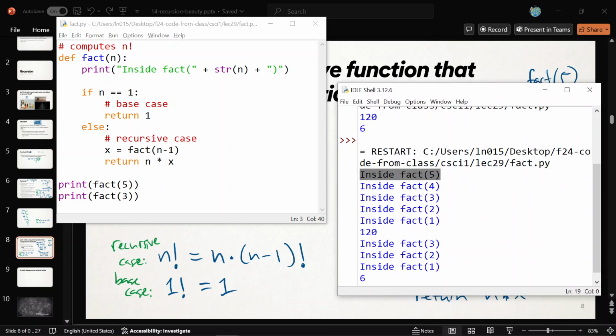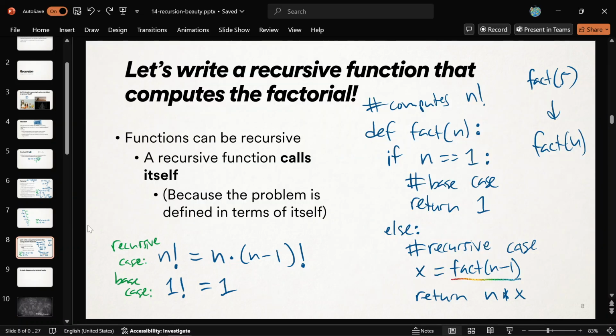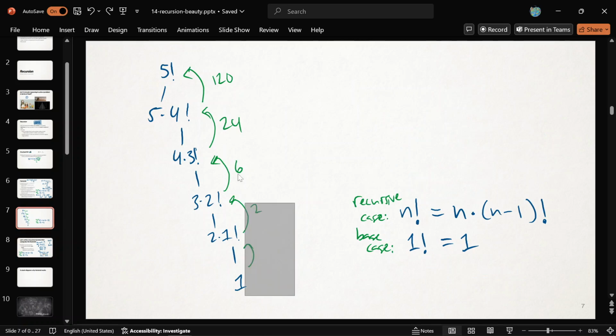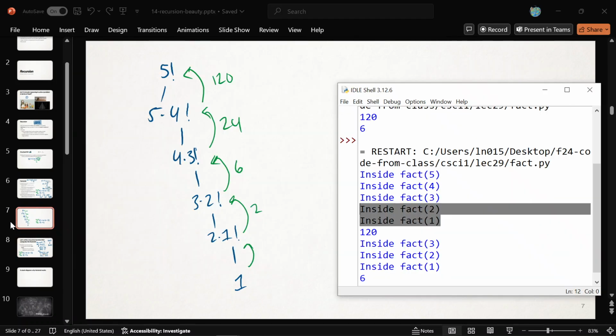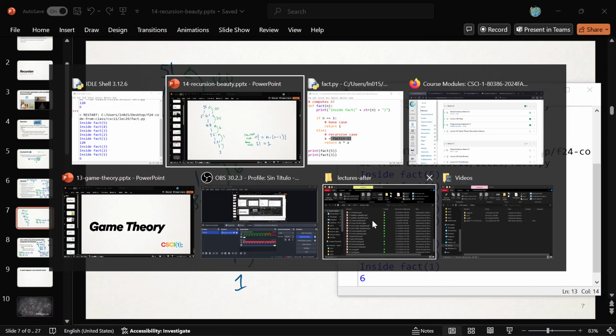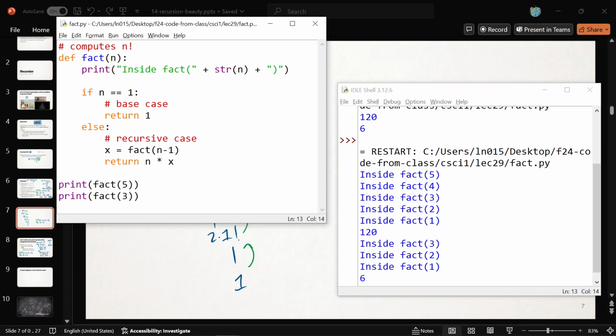So here's the first call, the call to fact of 5. You see how it's calling fact of 4, and then fact of 4 is calling fact of 3, fact of 2, fact of 1. It's really going to make its way down to the base case, just like this drawing, and then start giving the answer back to whoever was asking for it. That's going to be the secret, all right? It's going to work its way back up, and eventually, now I have the answer, I can give my answer back. So 120 eventually comes out.